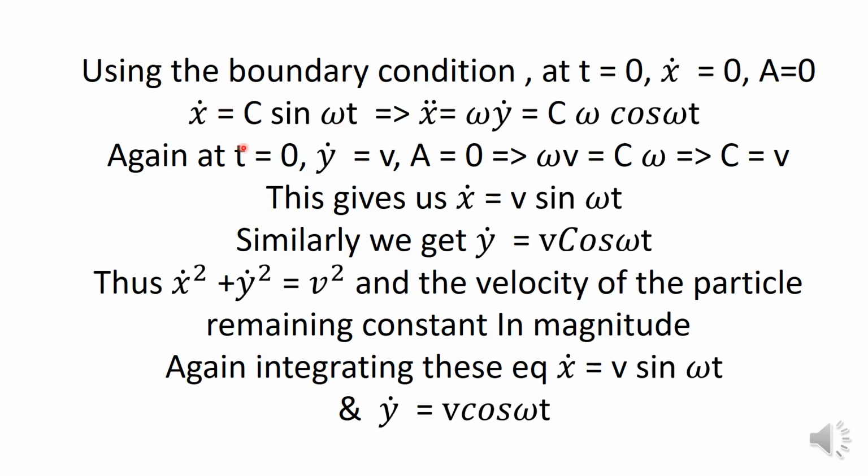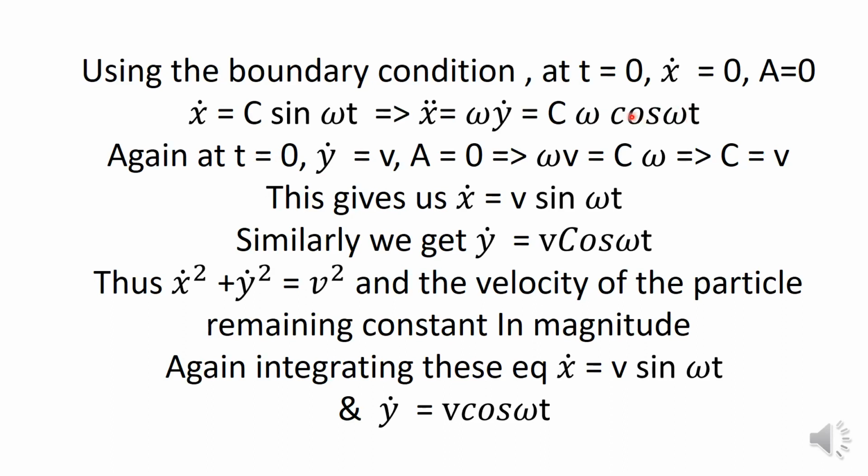Now next we apply the derivative, that is x double dot is equal to c omega cos omega t, and again from the previous equation we have x double dot is equal to omega y dot. For this equation, if we apply the boundary condition, which is at t is equal to 0, y dot is equal to v, and from this